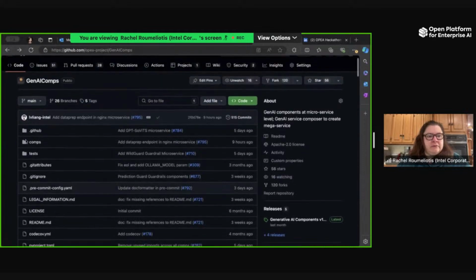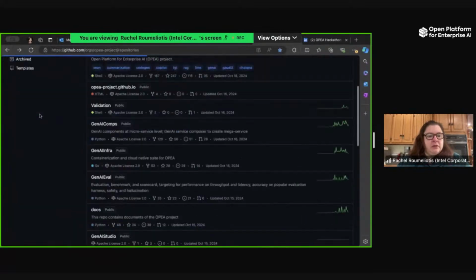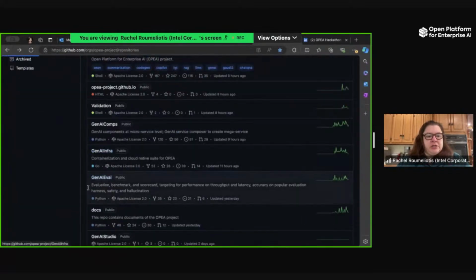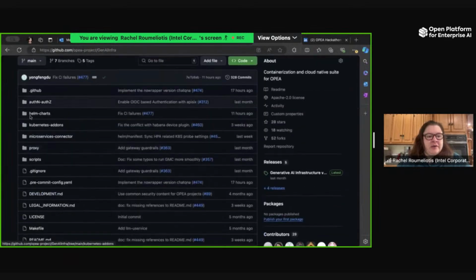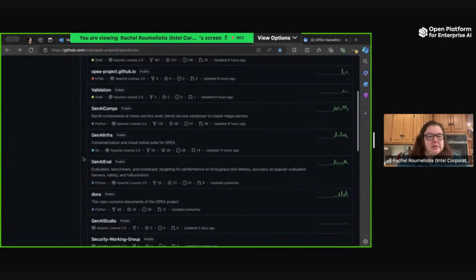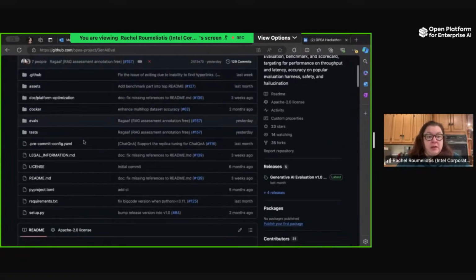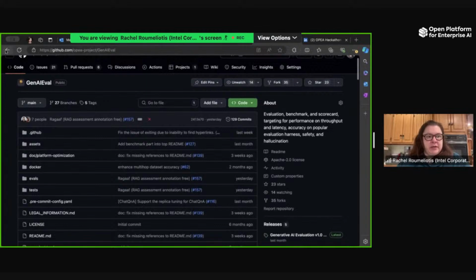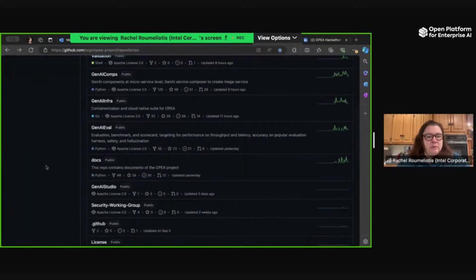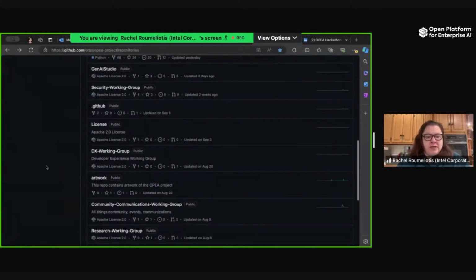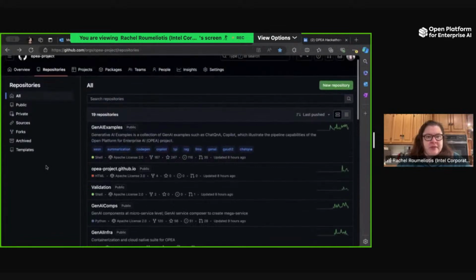then we have, oops, one more back. The infrastructure, you can check all of that out, all of that good microservices and Kubernetes goodness. And then evaluation. I know we're looking for help on that as well, as far as how things are running. So we could use help there. We also have lots of working groups, so I wanted to mention that.